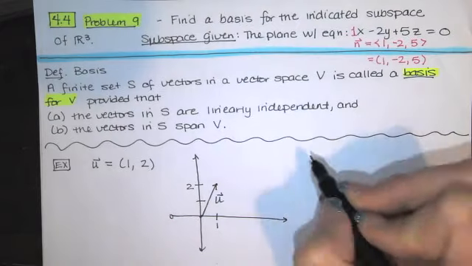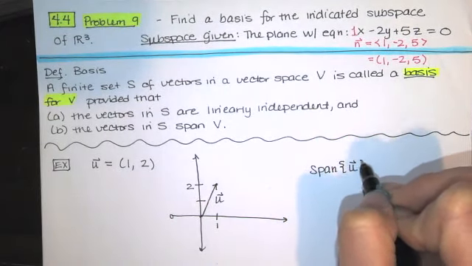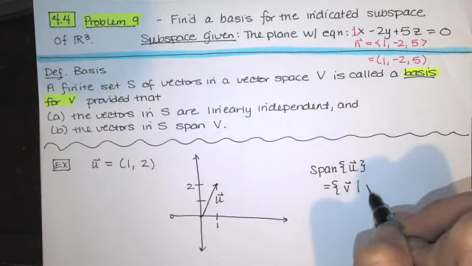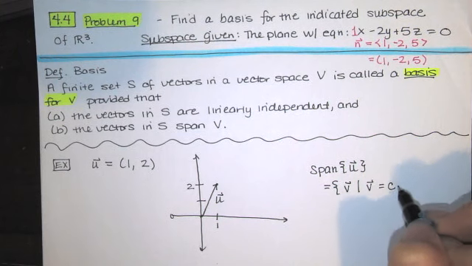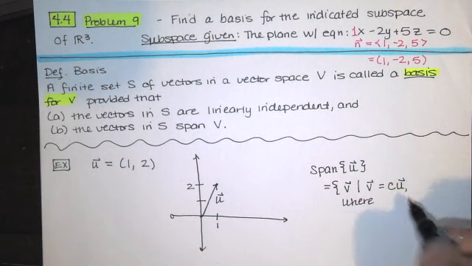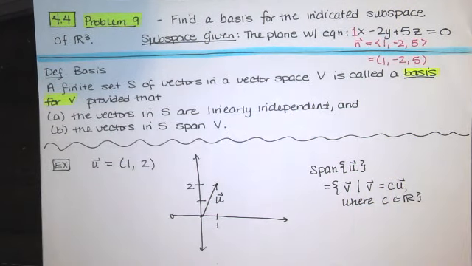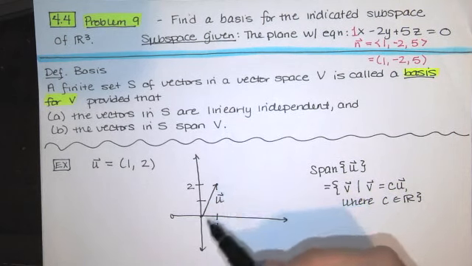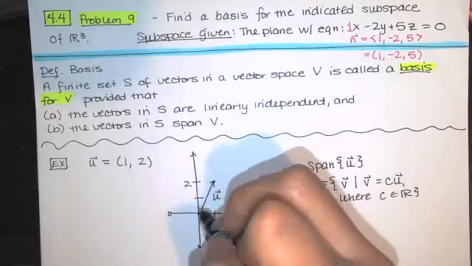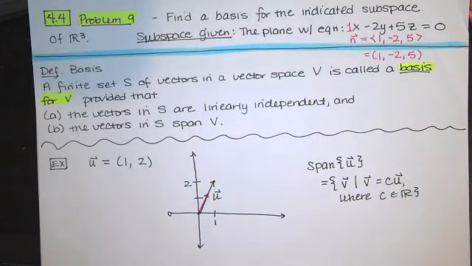Now the span of u is just going to be the set of all vectors v, such that v is equal to any constant times u. And in this context, we're going to assume that that constant is a real number. Now, if I just took u and multiplied by 1, I would get this vector. If I take u and multiply by 1/2, I'll get this vector. If I multiply it by 2